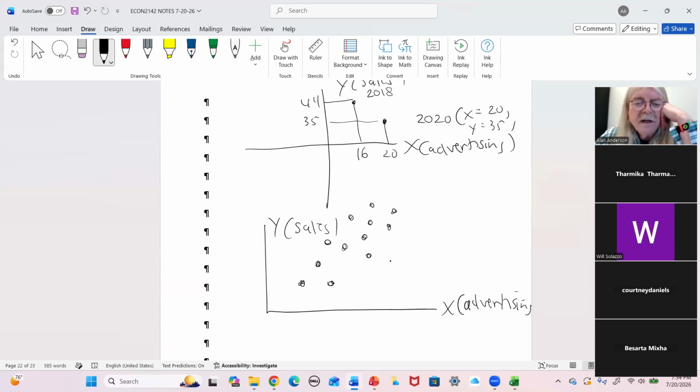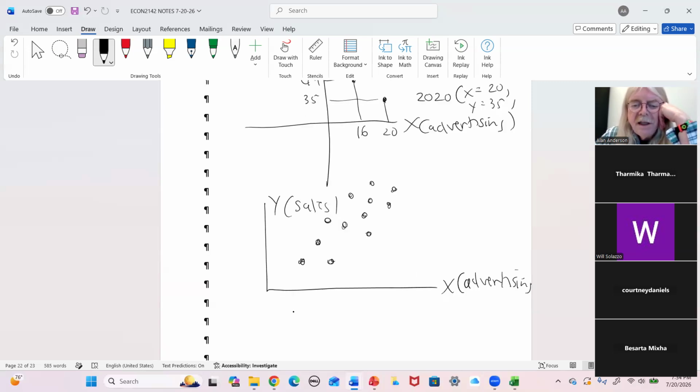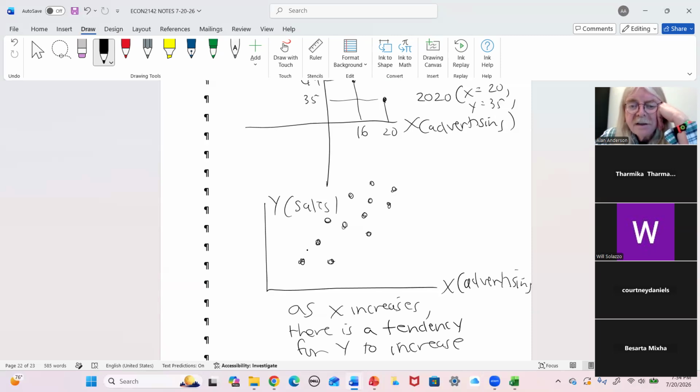Now, based on the way I've drawn the dots, it should be clear that there's a tendency, as X increases, means that we move to the right, there's also a tendency for Y to increase. How can you tell? Because look at these points. They're heading in, let's call it a northeasterly direction. And if I were to draw a line through these points that gets as close as possible to all of them,